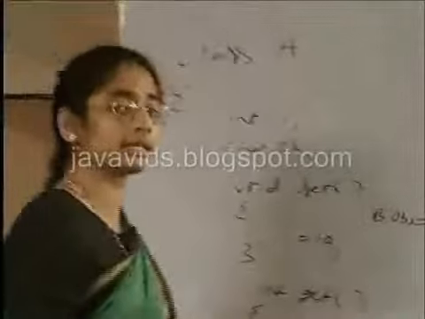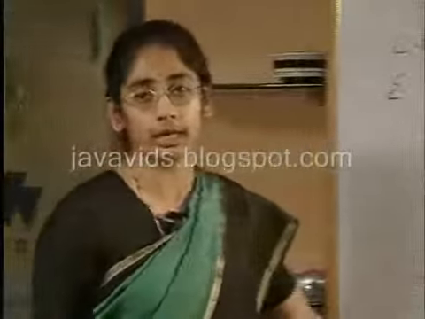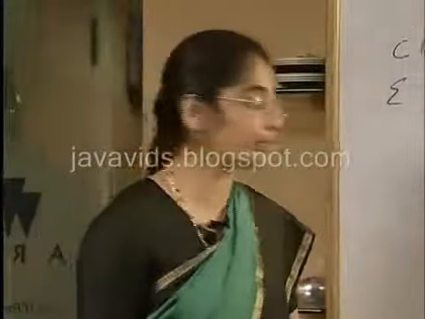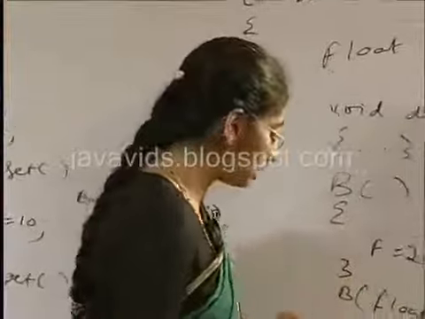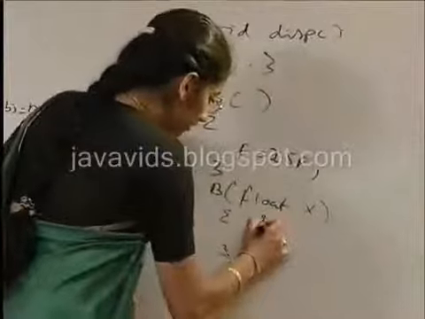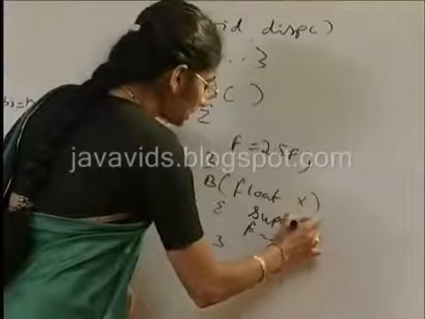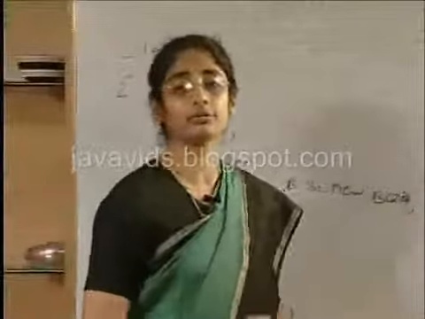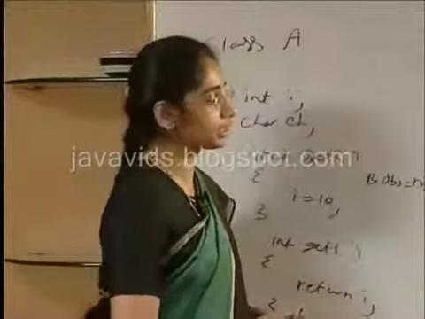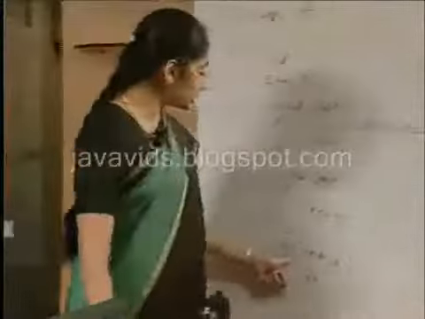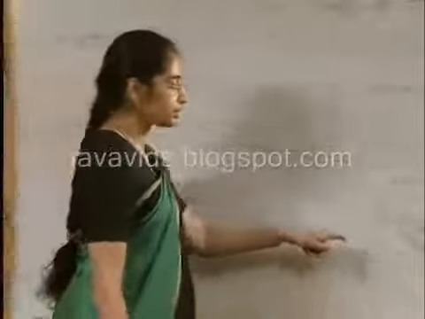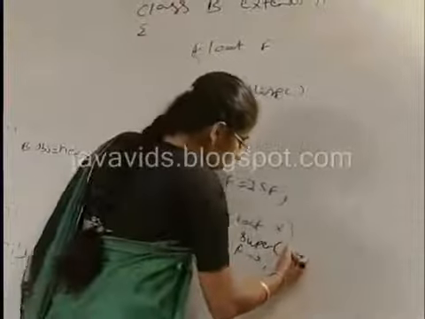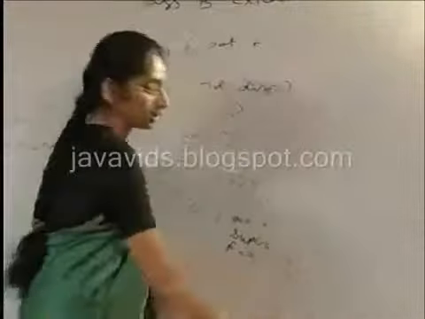So in such cases you must always provide explicitly the super call in your child constructor, since there is no default constructor in the parent. And the super call has to be specified as the very first instruction in the constructor. So now, since we have in the parent class the constructor which takes an int parameter, you need to make a call to the parent constructor passing some int parameter.